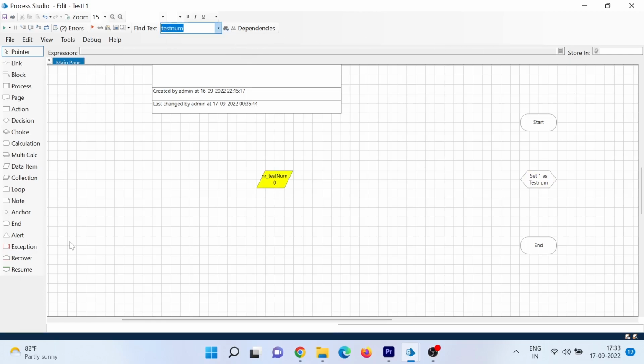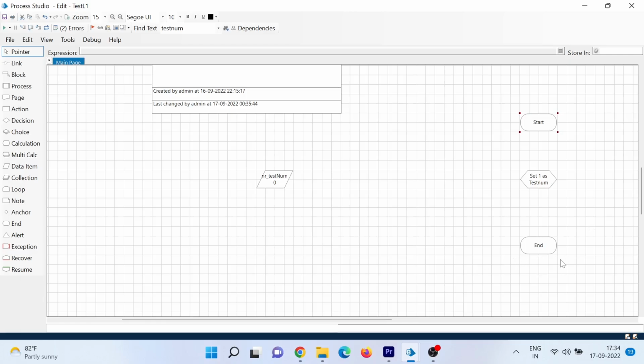Okay, so to create, this is the main page. By default the main page comes, and in any page there can be only one start stage, so there is no start stage available to add. You cannot create multiple start stages. Okay, let me check. Yeah, you cannot have multiple start stages, of course, but you can have multiple end